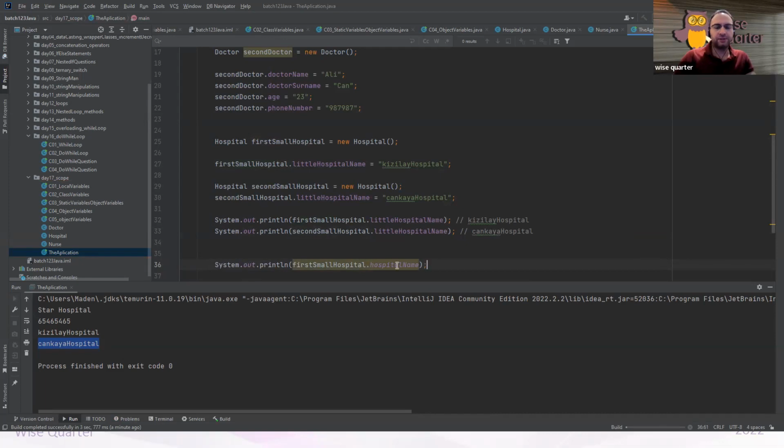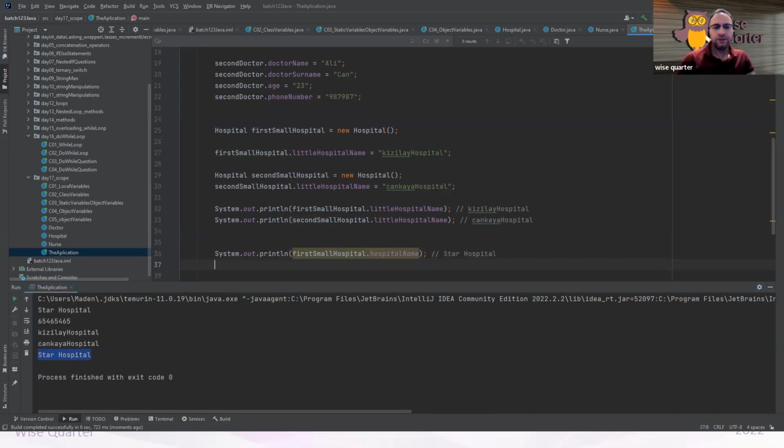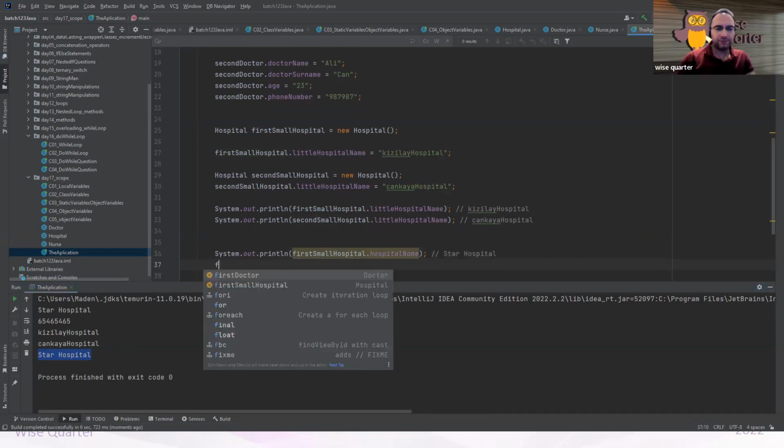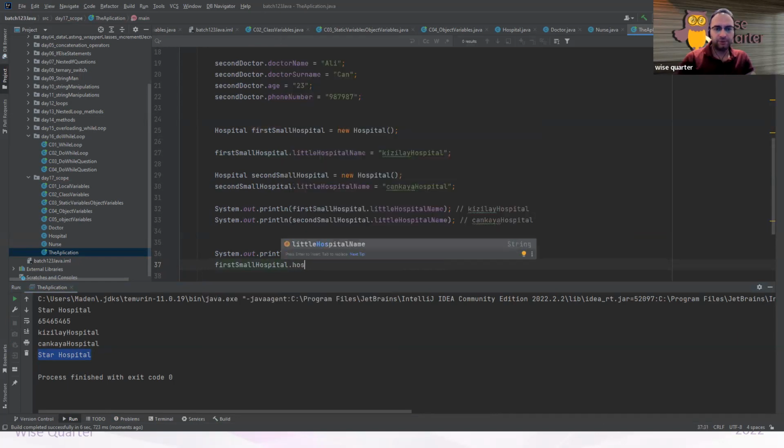Still, the big hospital's name is Star Hospital. It won't change. Here it is. So, first hospital dot hospital name